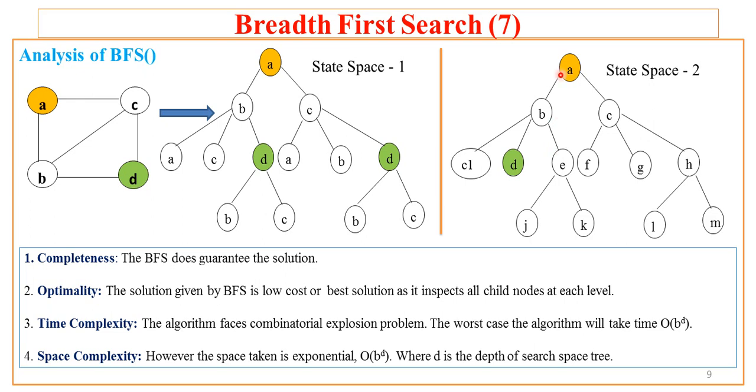If DFS follows a path like A, then B, then E, it will keep going deeper and deeper. It may follow either J or K if E is the current node. Then if K is followed, what if it is a dead end? That means we have reached a dead end without a solution.